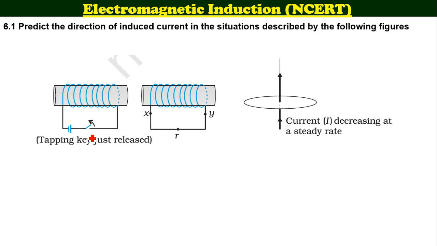So here, let us say the tapping key was initially closed and is now just released. You are just opening it up. Then what happens? Before this, what was the case? Basically, the current must have been flowing in this direction, and thereby current flows from the higher potential region to the lower potential region. Again, very good, super.